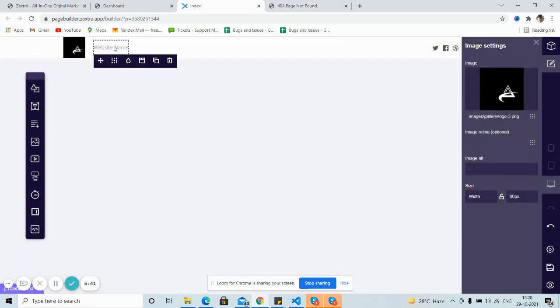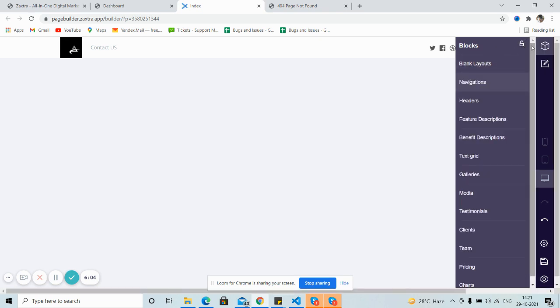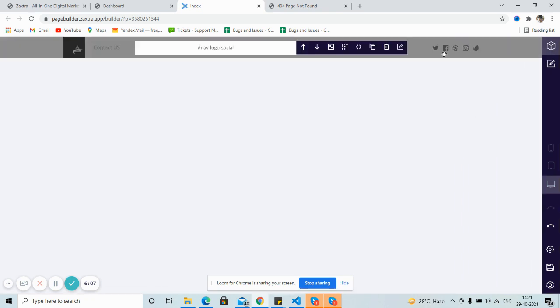Now we'll start designing the page. So you can even change the content of any tab. Like here I'm going to put contact us, anything. Also, once you have, let me just close it. So this is how you can customize your navigation panel.